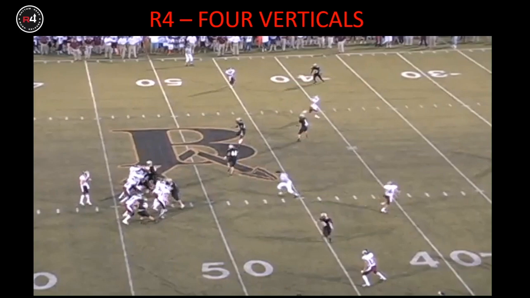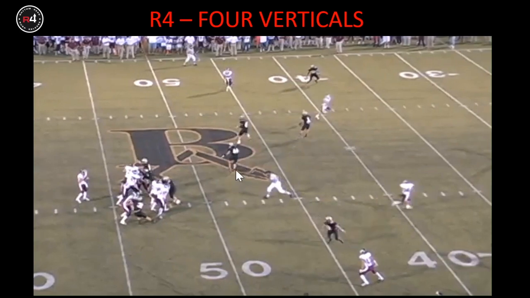And even if that was covered, he still then could have reset, seen that the check down didn't get out, and then would have been able to release out the back door for, at worst, a 1-2 yard gain. At best, he could have got 5, maybe